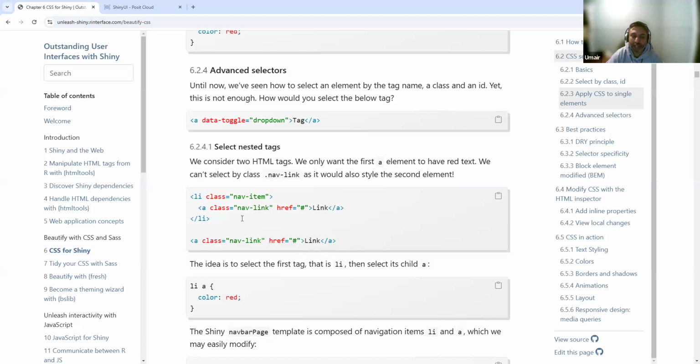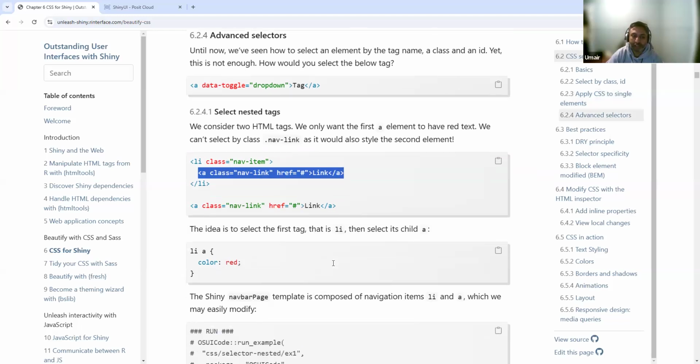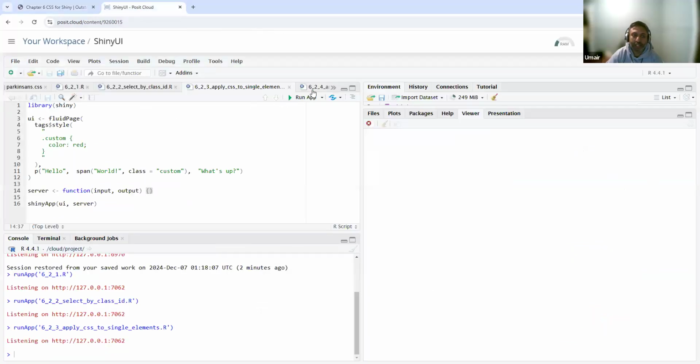In both cases, they have the same classes because we want to apply some property to both of them, but we only want to make a change to this tag, which is inside the list element. So in order to do that, we need to specify the parent tag, and then the child tag. And then we can apply the property that we want to apply. So if we look at that example,